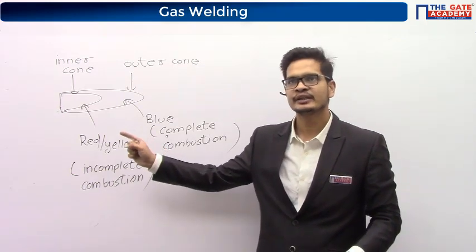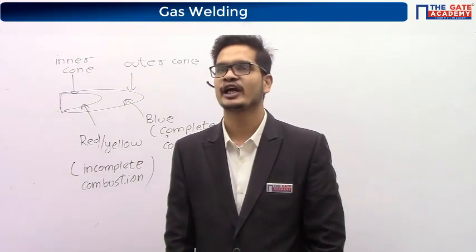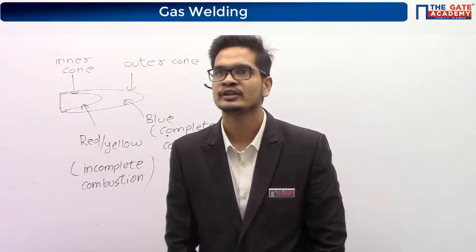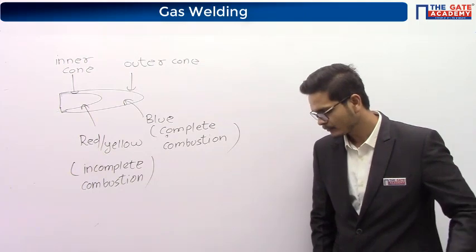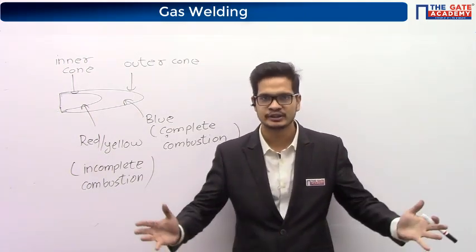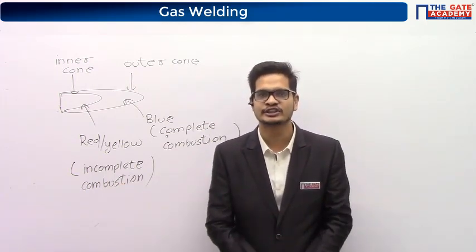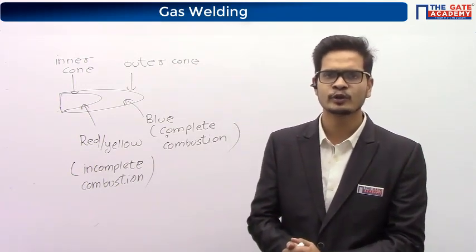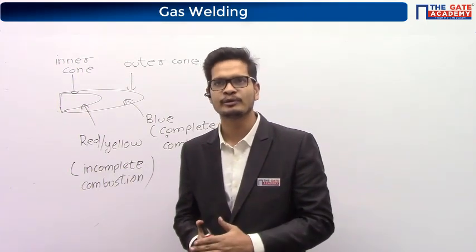Now, Vishesh is asking, why do we see red, yellow flames every time around us? They can take as much oxygen from the atmosphere, then why does incomplete combustion take place? Very good, Vishesh. His doubt is, sir, there is so much oxygen in the atmosphere, why is incomplete combustion taking place? Any molecule can take oxygen from the atmosphere, so every molecule should undergo complete combustion, right?